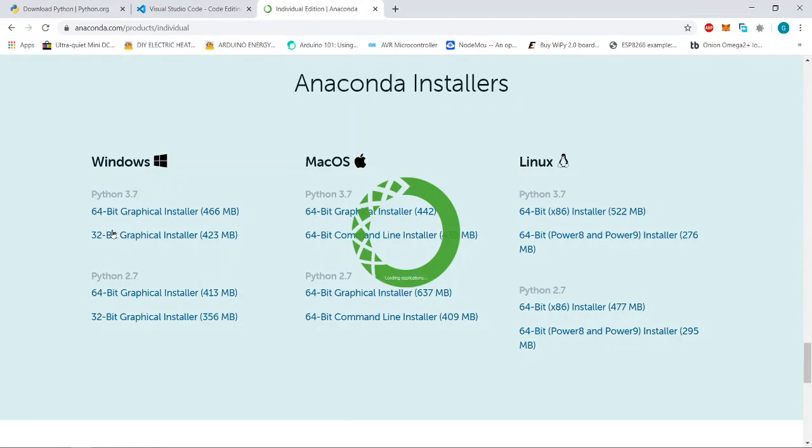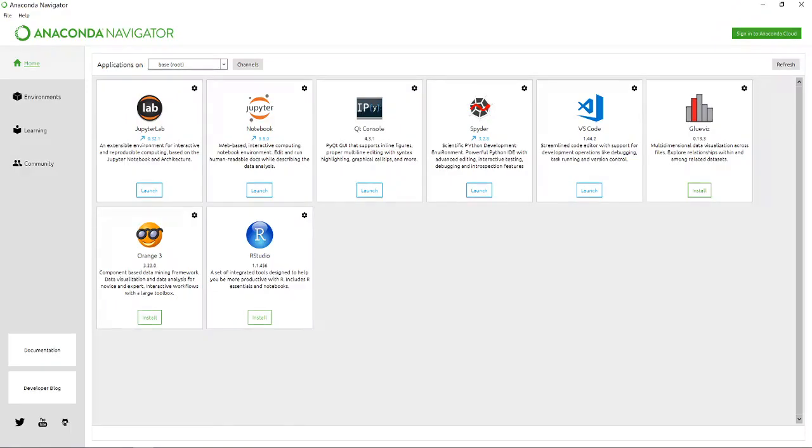Because in future, if you are going to work with machine learning, artificial intelligence, or concepts like deep learning, statistical analysis and data science, at that time Anaconda will be helpful. Now if you open the navigator, you will get this kind of screen. Here our concern is Jupyter Notebook, so simply click on Jupyter Notebook launch, and it will open in the web browser.